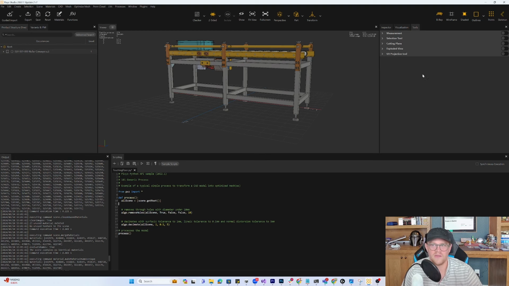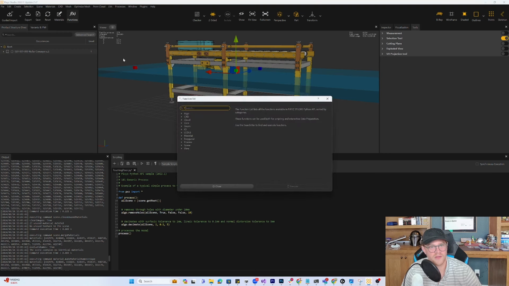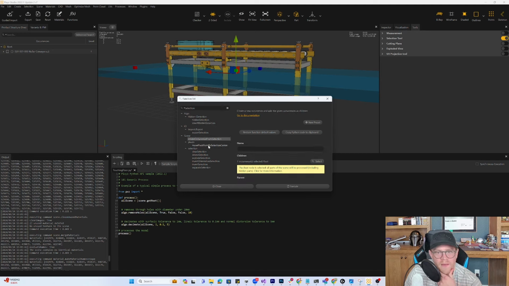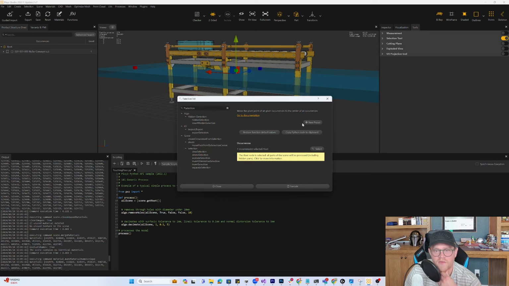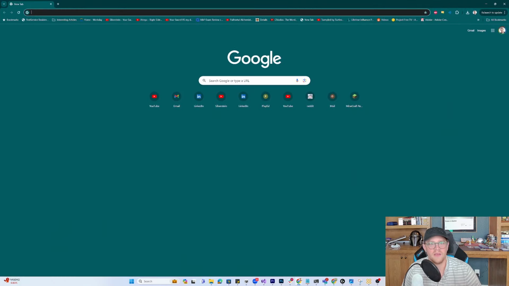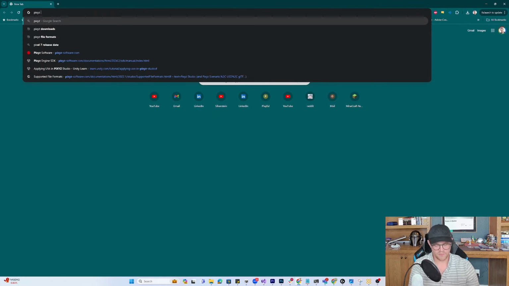But what I do need is a selection using the selection tool. So in order to get to that, there are a few ways to do it. But what I'm going to do is come up here to functions. And you can generally search in here for different types of functions that you want to be using. And you can copy those to clipboard. One thing that I'm going to do, instead of using this, which is kind of the shortcut, is pull up the API. So if I go to Pixyz API,